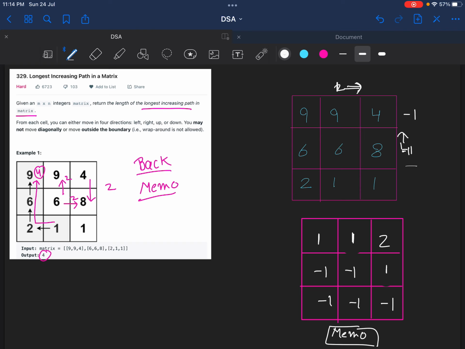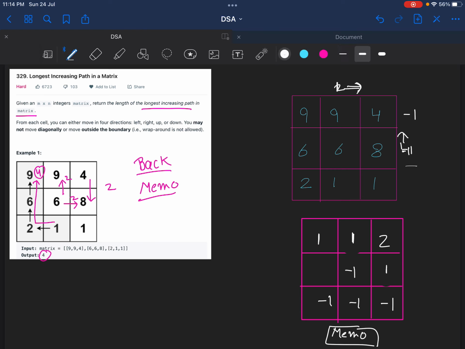Now again we move to this cell, and what we can do, we initialize with -1 and we can make 4 calls. This call is not possible, this call also not possible, this call is possible, and you can say we already calculated this cell result, which would be 1. So we have got 1 from here, and this call is not possible because it is a decreasing number. So here we only have 1 path. So we can say 1 + 1 would be 2. So for the 6 we have 2,